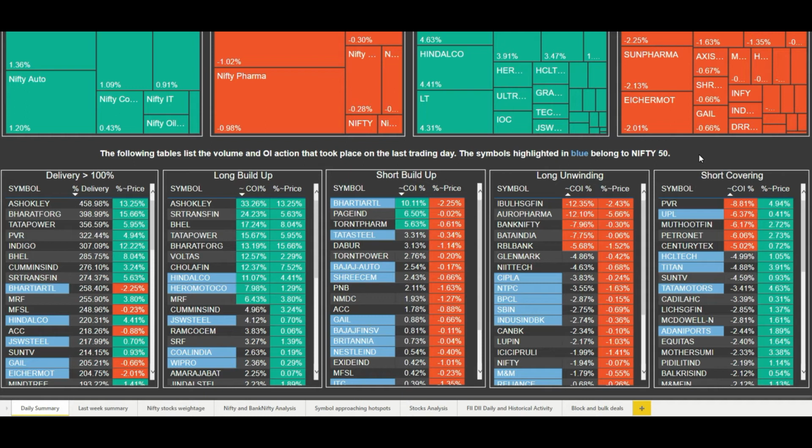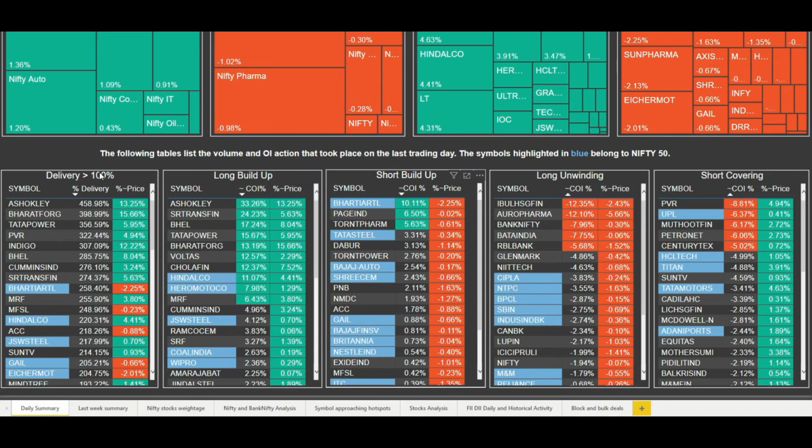We have highlighted the cumulative open interest in green where the open interest was greater than 5%. We consider 5% open interest to be significant, and greater than that, as we move on, it becomes more significant. Less than 5% we haven't highlighted. So as you can see, on these particular stocks, the open interest has been quite high today.